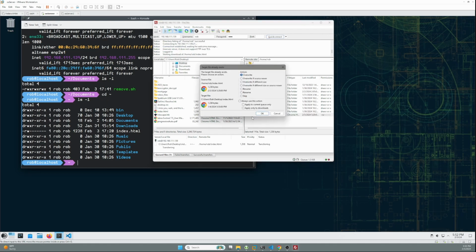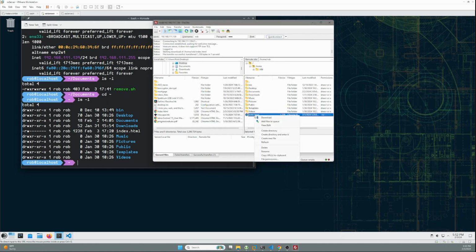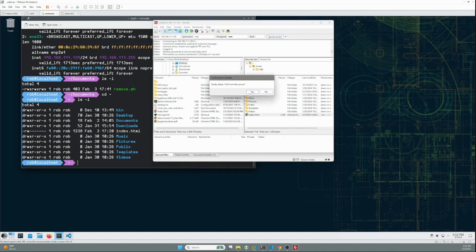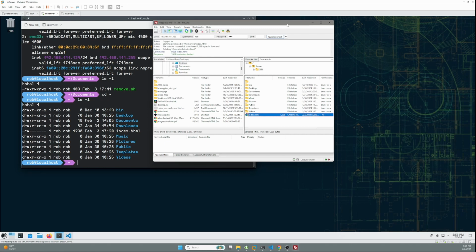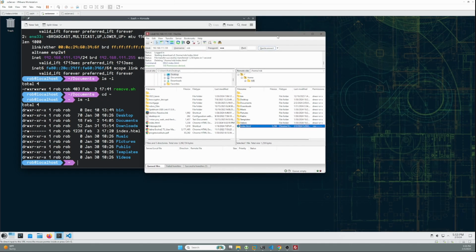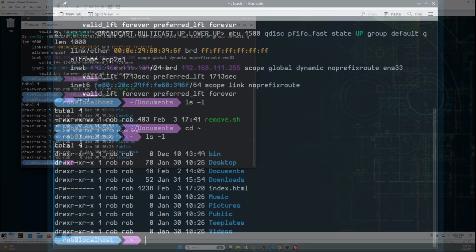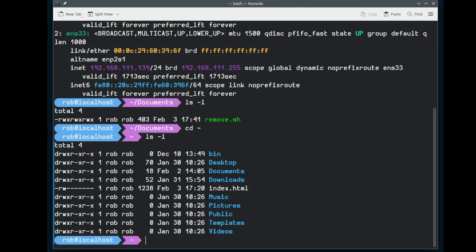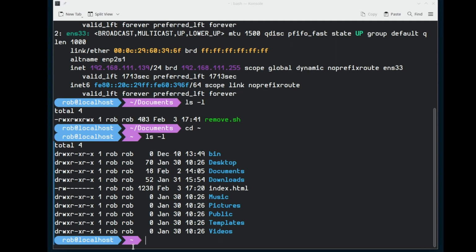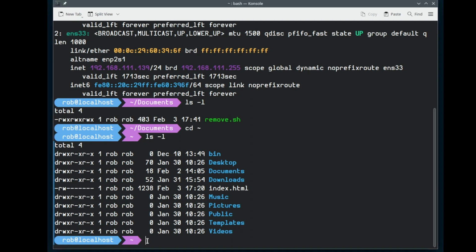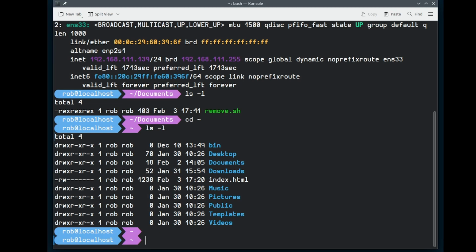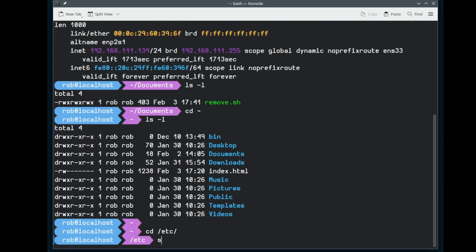But let's get rid of that. And we can't. We can't get rid of that because we have to make a change to our FTP config. And to do so, we'll go into our etc directory, sudo nano